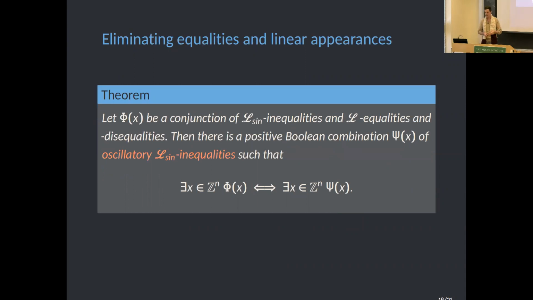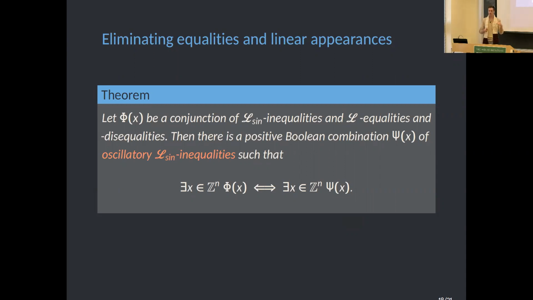Okay, so that was sort of the first step, and then the second and third step of the first phase of this decision procedure is, I mentioned, eliminating equalities, which again I said is just variable replacement in sort of the obvious way, and then more interestingly, removing linear appearances of variables from the inequalities now that we've gotten rid of all the equalities of our literals. And so what we end up with is a Boolean combination of oscillatory L-sine inequalities,